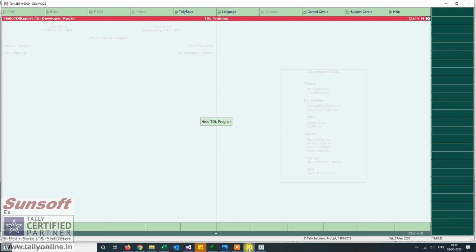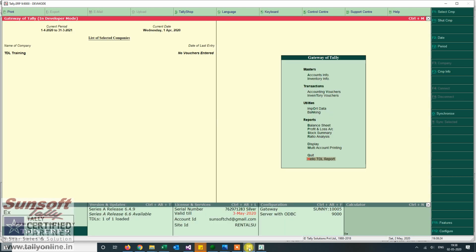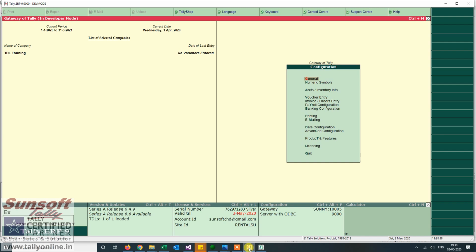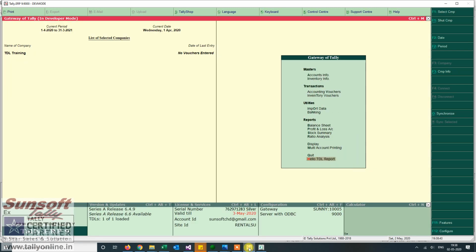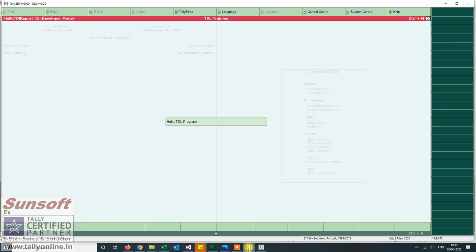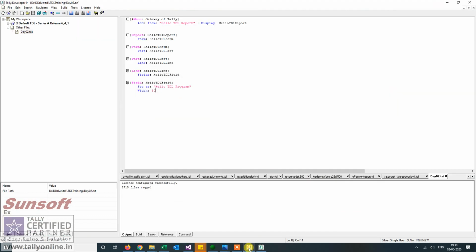What has happened is we have changed our basic file, but we have not reloaded it into Tally. So Tally doesn't know that the changes have been made. To do that, we have to reload the TDL. It is the same process, F12 product and features, and it is reloaded now. Let us see. Now you see the width of the field has increased. Now this is width. Similarly, I increase the height.